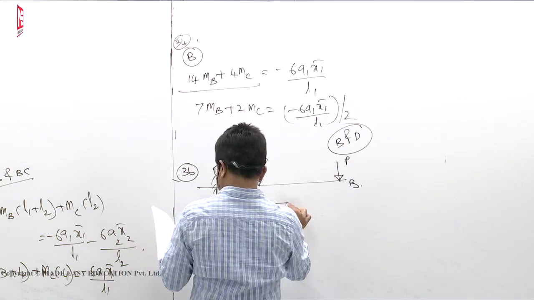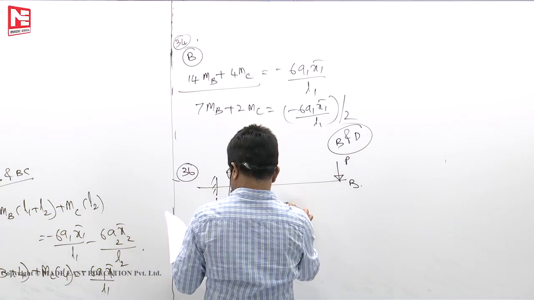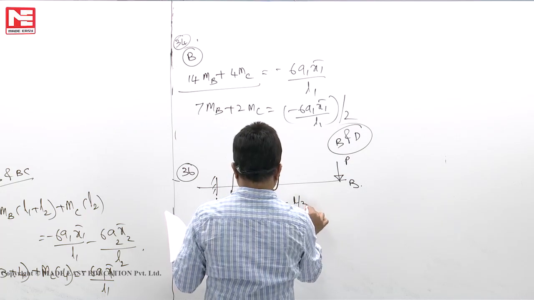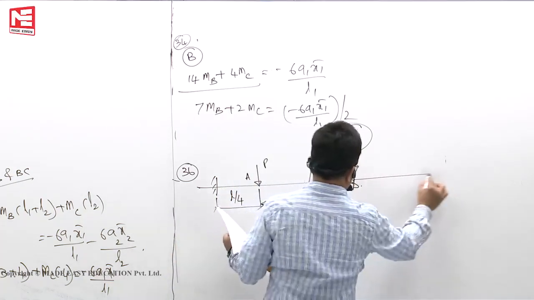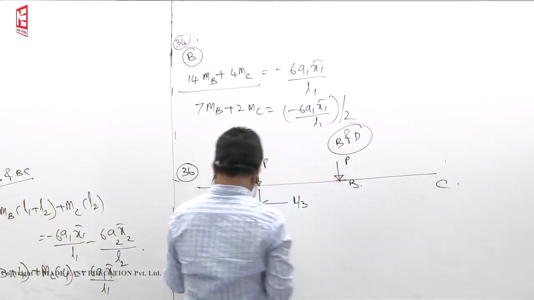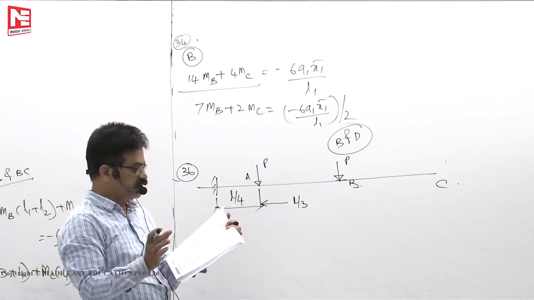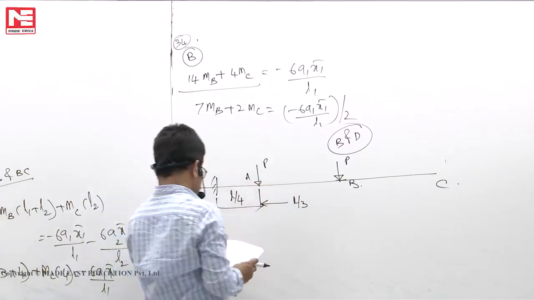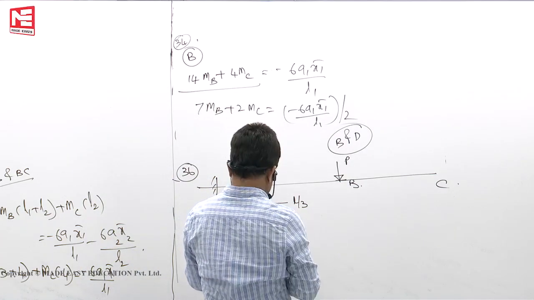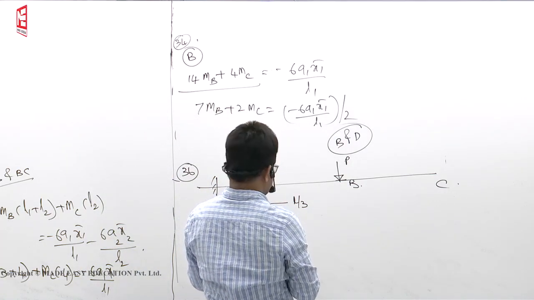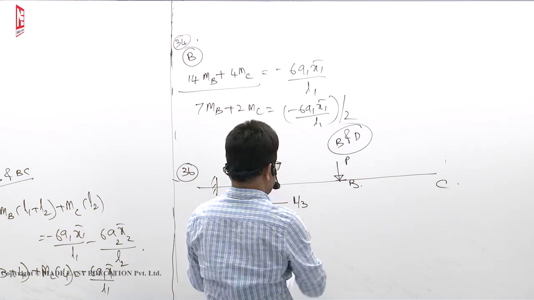This should be 3L by 4. Okay, L by 3 only, let us assume. Maybe cantilever is a printing mistake. If one is L by 4, another is L by 3, some more length should be there. Okay, let it be. Acting at points A and B, the deflection at B is delta